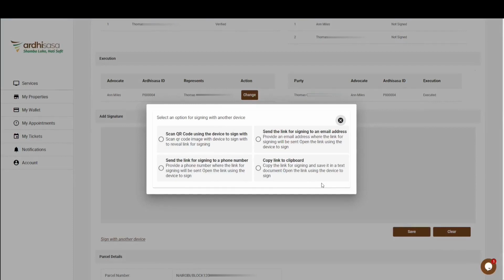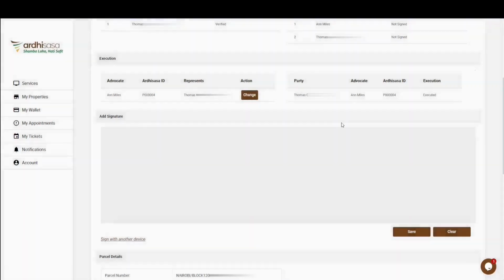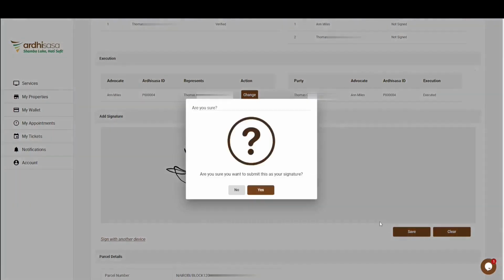In this case, the proprietor will sign on the signing area. He or she will place the mouse cursor on the blank space, press and hold the left click button, and then go ahead and append the signature. If satisfied, he or she can click on Save. However, if not pleased with it, there's the option of removing it by clicking on Clear and then appending the signature once again to their liking. If satisfied with it, he or she will click on Save. There's a pop-up notification that will appear requiring the affirmation of the submission of the signature, and then click on